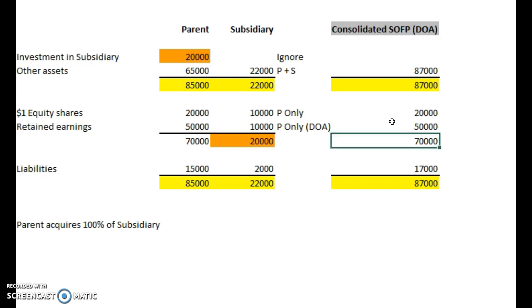So that comes to 70, and then the liabilities, we just add those together, parent plus subsidiary, those two added together gives us a total liabilities, i.e. this figure plus this figure, of 87,000, which is the same as the total assets, which was what we hope